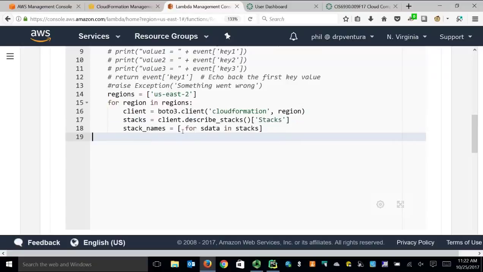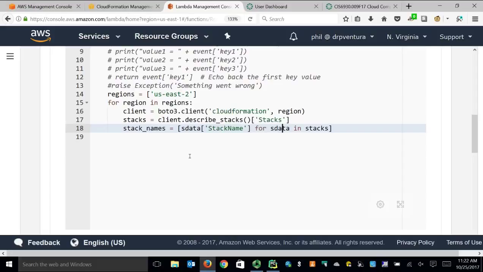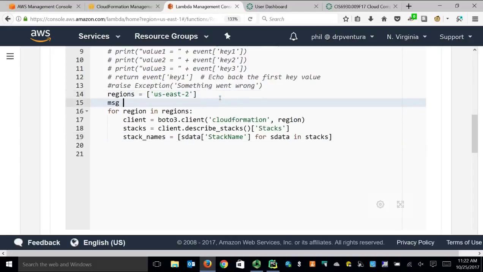So the stack names for everything in there, we'll say sdata Stack name. Okay, so there we've extracted the individual names and so forth. Then we'll do a couple of things. Let me do msg is equal to that,